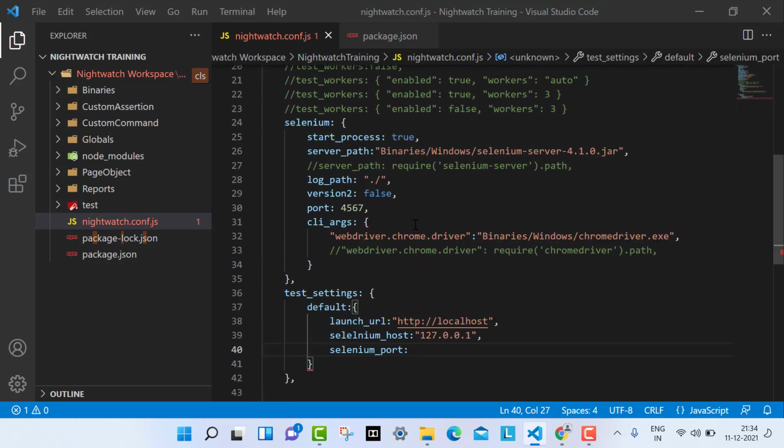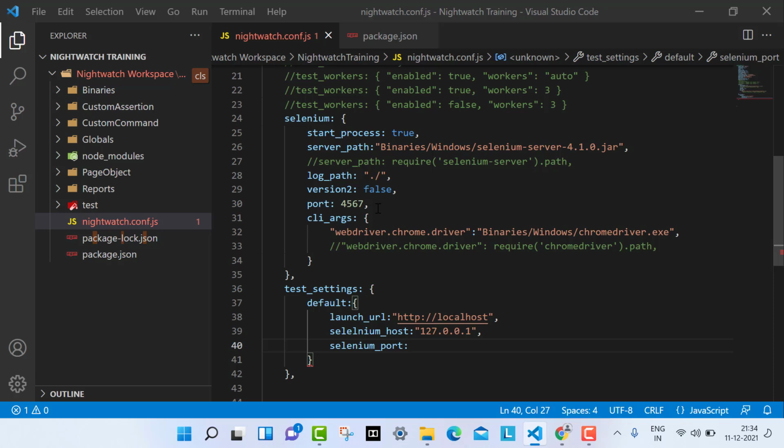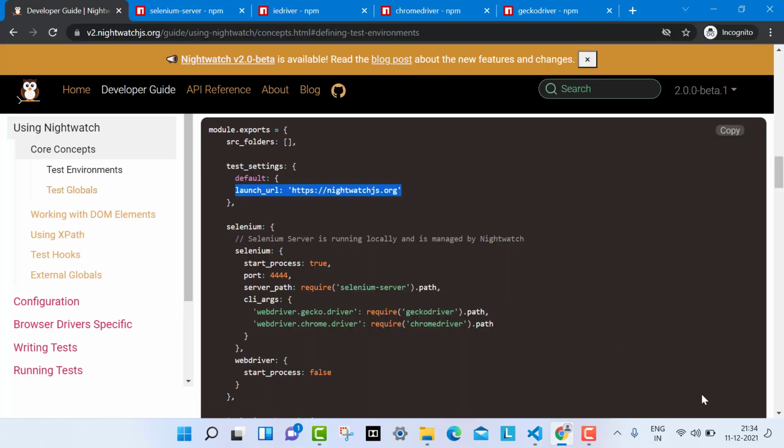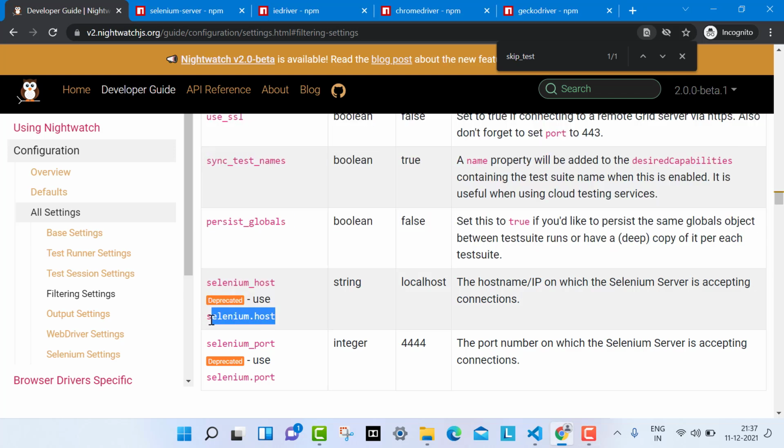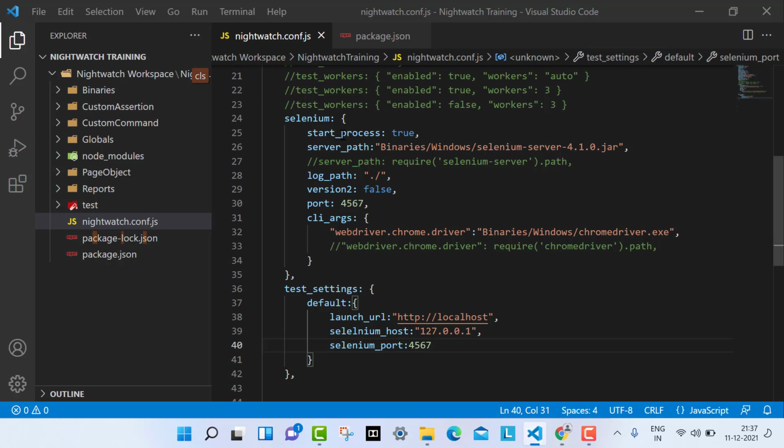Let me check what I have used before in the Selenium setting. 4567, right? We can use it like that. Let me check whether there is any change in the variable under the Selenium settings. Under the Selenium settings, I found that they have changed the name: Selenium underscore host is deprecated.